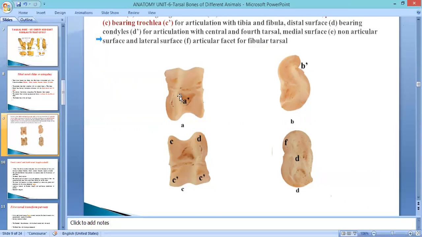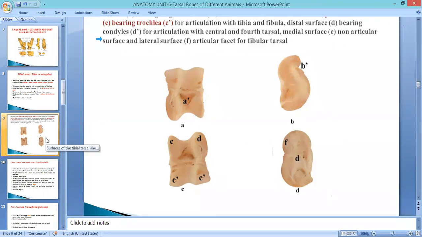The anterior surface has a fossa, sometimes also known as the synovial fossa. The posterior surface is smooth and concave. Four surfaces completed. One is the lateral surface, another is the medial surface. The lateral surface has 2 facets here, which come in contact with the medial surface of the fibular tarsal, and the medial surface is rough and somewhat flat.